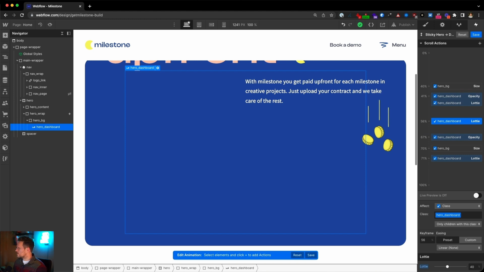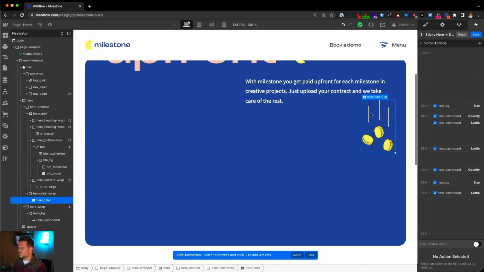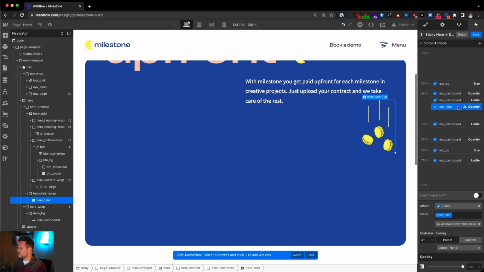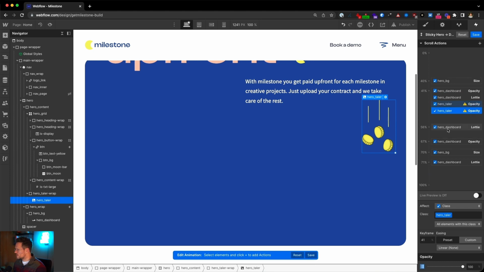So next thing is that we work on this Thaler. We will use an opacity and a filter for that. So let's work with the opacity at first. This one can start here as well. And at first the opacity will be 100%, and let's duplicate it.